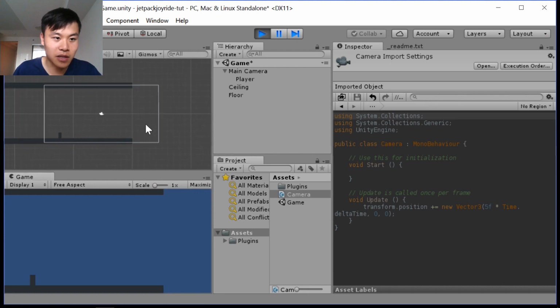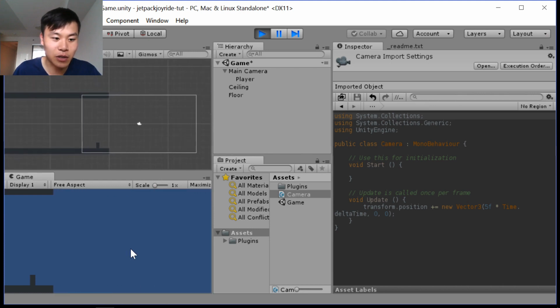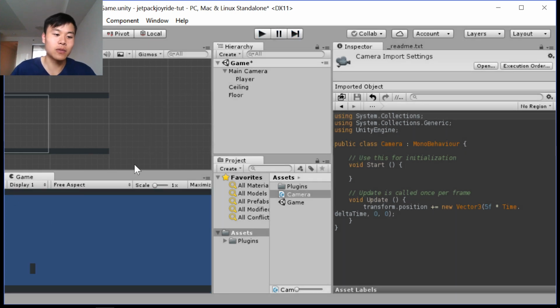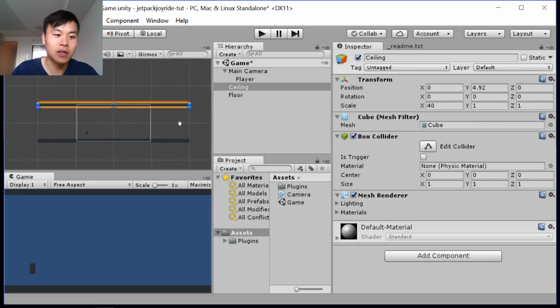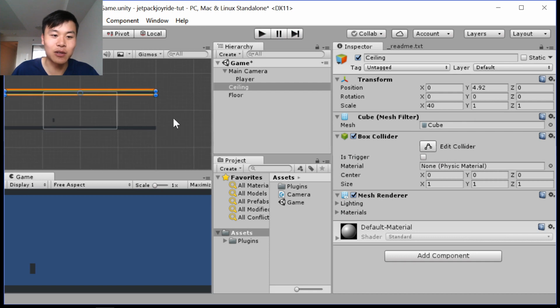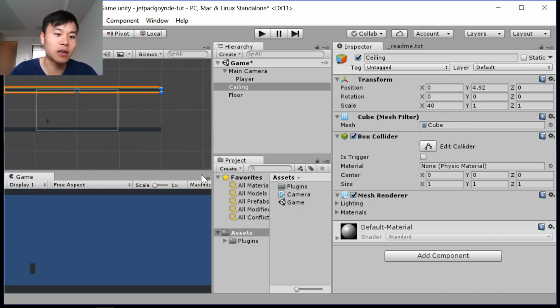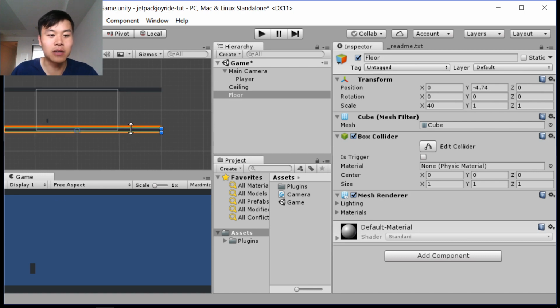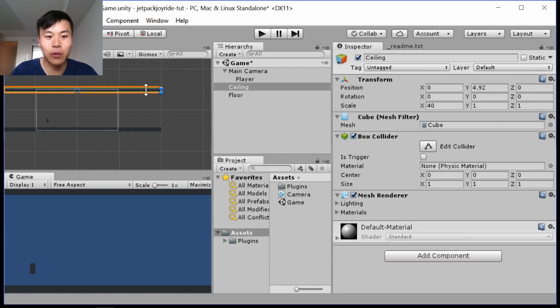So taking a look at this scene here, you can see that eventually it moves off and then our guy falls down. Okay, so we need to move our tiles so that our guy doesn't just fall off once he moves to the end of the world. Well, how do we do this? The simplest way might be to just make the scale of the floor and the ceiling really, really long so that our guy never reaches the end of the game. But